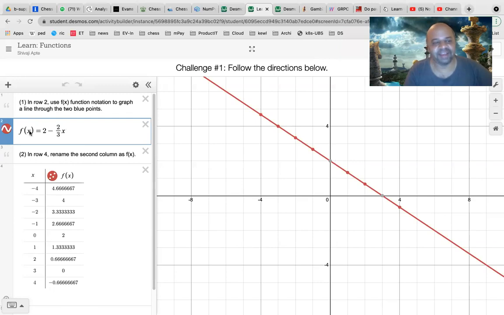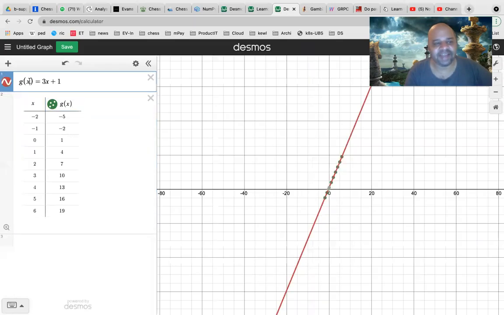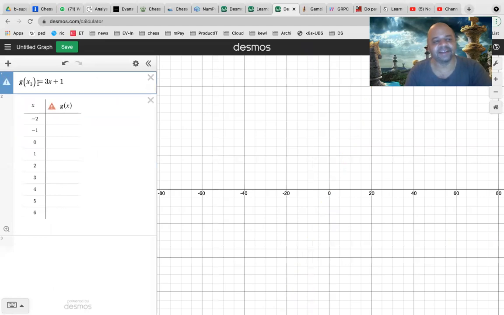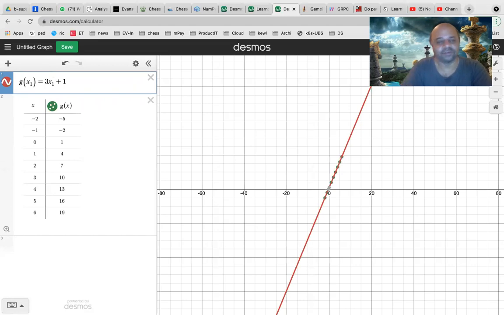See, you have to be very careful about whether it is x or x1 here. X1, when you make it, is considered a different variable altogether. So why is it giving you an error here? You may get this because you are defining a function of variable x1, but here you are saying it is 3 times x, which is very different. So if you make it 3 times x1, now it is okay, right? See, it is. So you have to be careful.